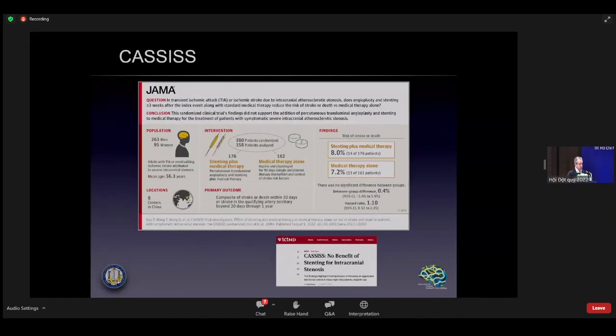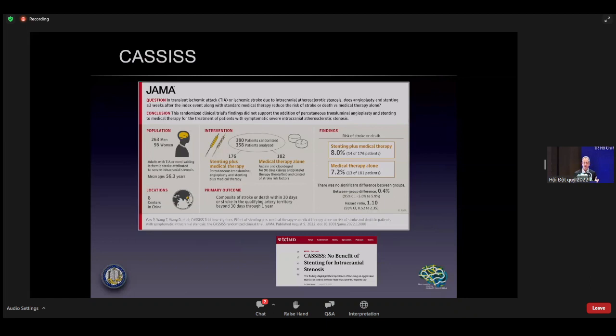So in terms of recent data, this is a particularly interesting example. CASIS, as you know, was started actually a very long time ago, many years ago now. It was only recently published. I worked with a group over the years of the study, and this was published only in the last couple of months. And it was very carefully done. And in the end, all we ever think about from a trial standpoint is the final result. And the data was described earlier, and it's shown here. By comparison, especially done in China, it's not a very, very large study compared to other studies.